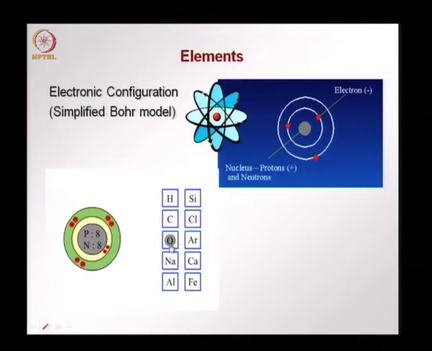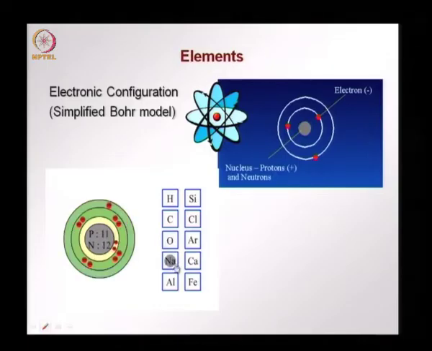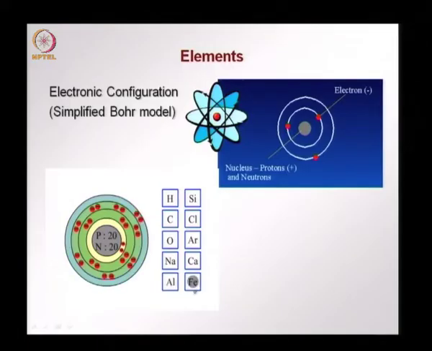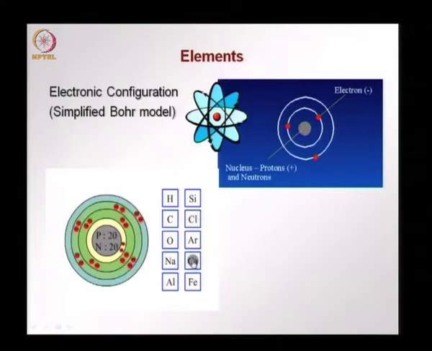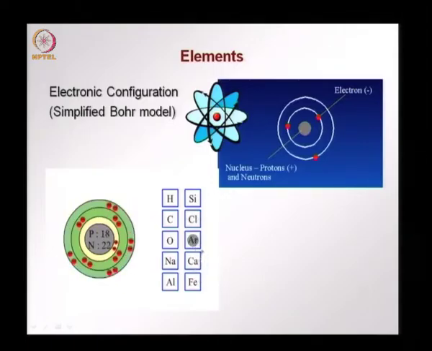Oxygen, sodium, aluminum, iron, silicon, chlorine, calcium, and argon is a reference for an atom which has 8 electrons in the outer shell, and that is